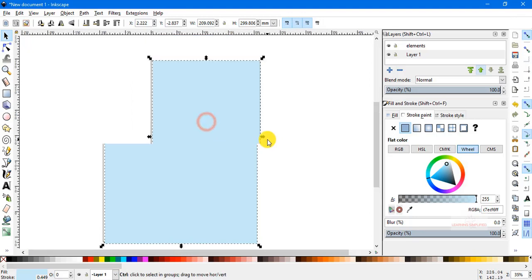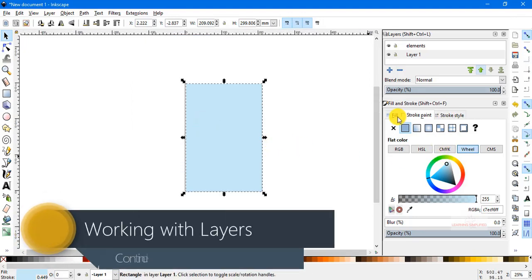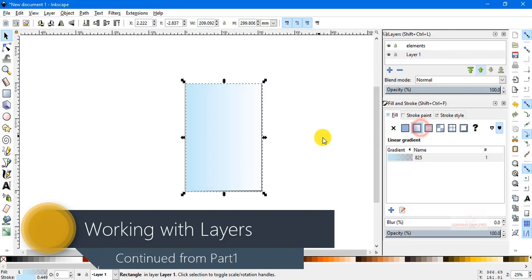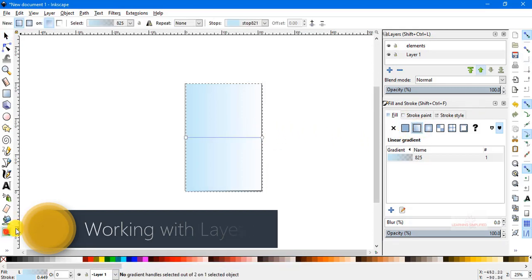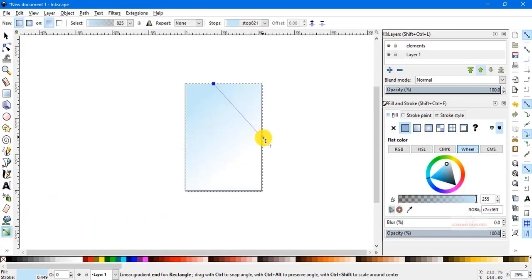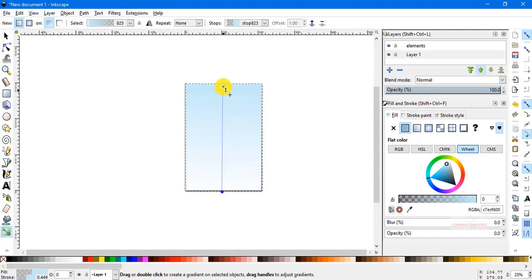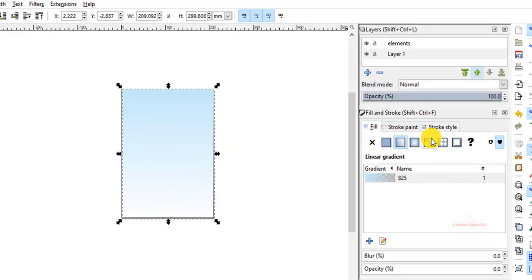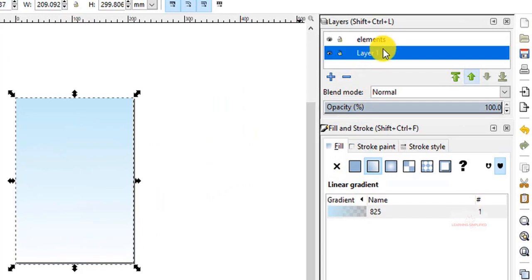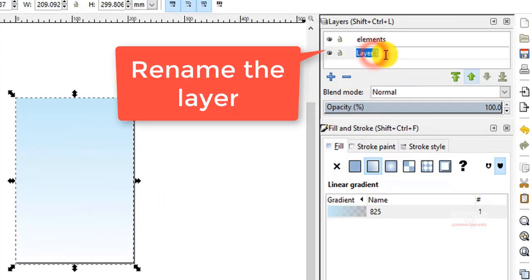Now in the second case, all we are going to do is go to this fill option and use this gradient, adjusting the gradient color positions right over here. I'm going to put the first, visible color stop on top of the rectangular box, and the invisible color stop should reside at the bottom of this individual rectangle. Now let's head back to this layer 1 element right over here and name it sky.